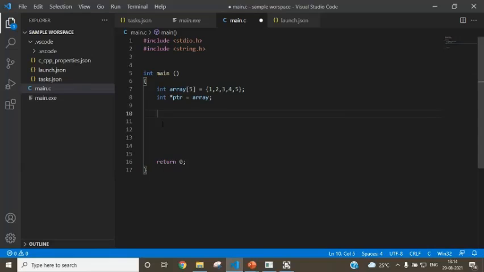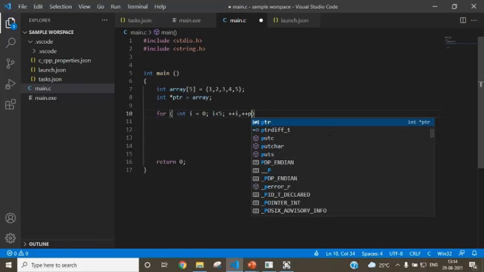Let's write a for loop for int i equals 0 and i should be less than 5. So here you can do something like this: plus plus i and plus plus ptr,